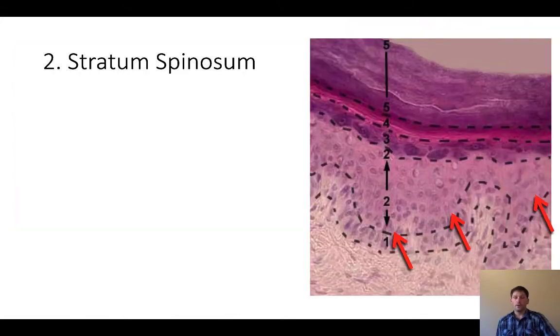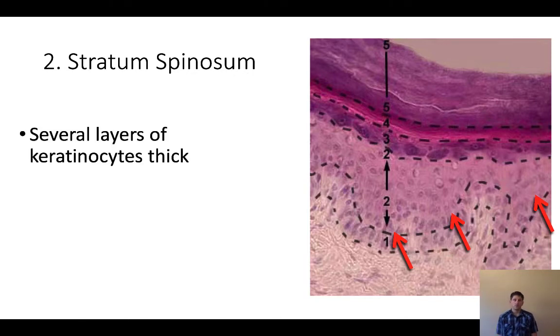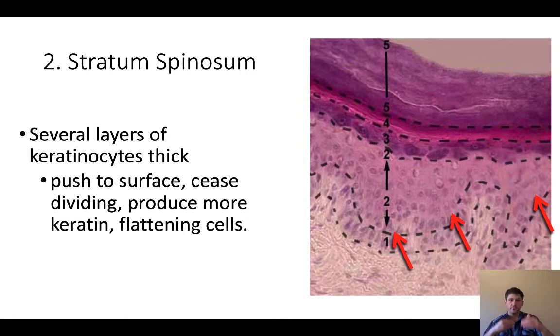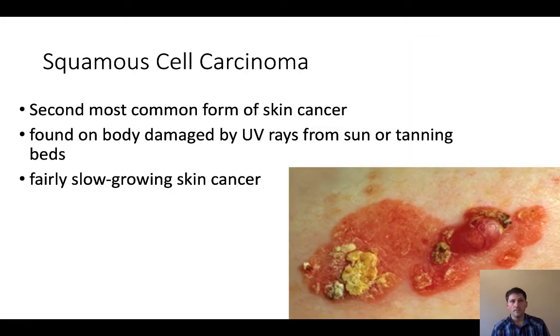All right, next, if we move up, we're talking about our stratum spinosum, which is why we're kind of putting off our squamous cell carcinoma here. So, several layers of keratinocytes thick. They are pushing to the surface. They stop dividing. Our basale layer is where the cells are dividing and pushing up and pushing up more cells. And they start to produce more keratin, and those cells start to become less cuboidal and more flat. Now, those cells, if they're damaged from that UVB rays, they damage the DNA, and they can start replicating